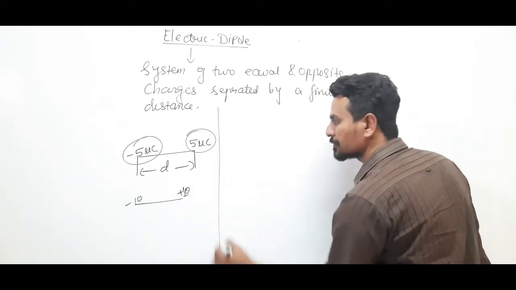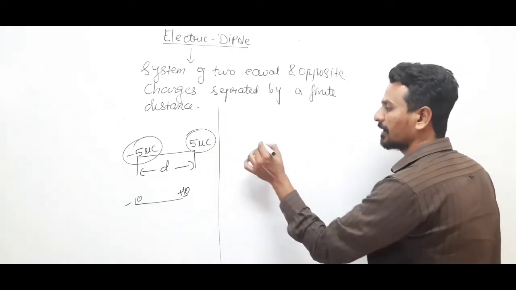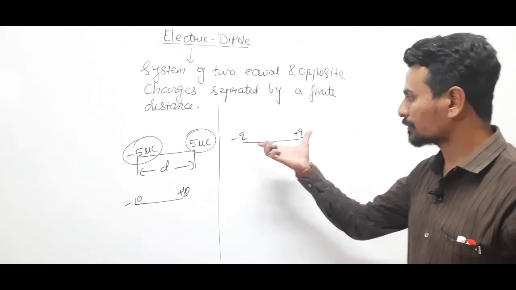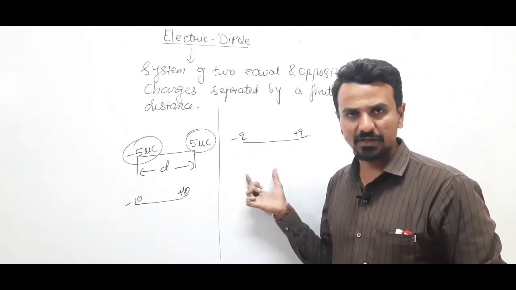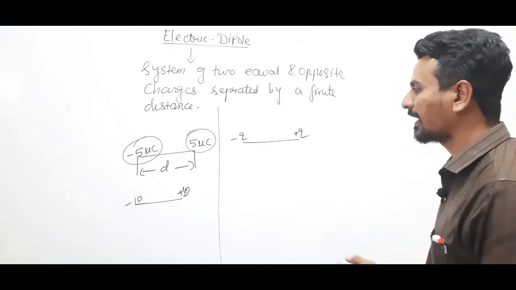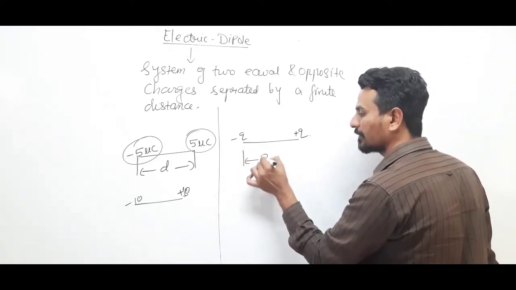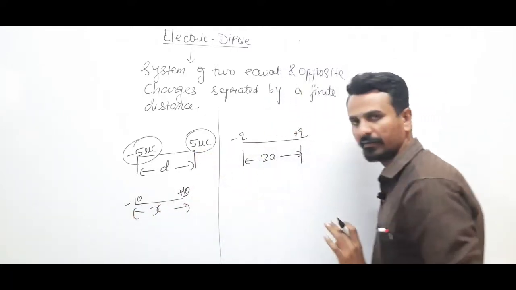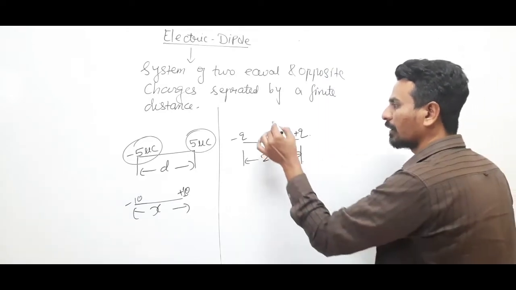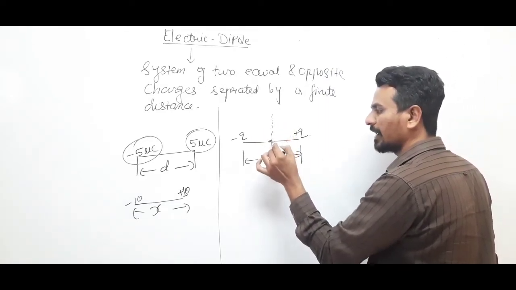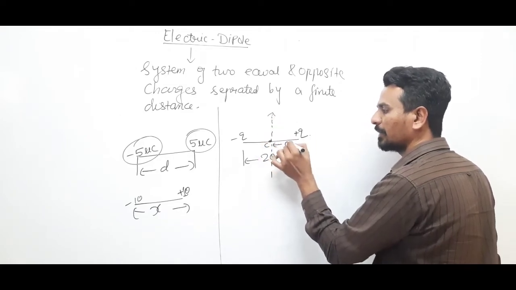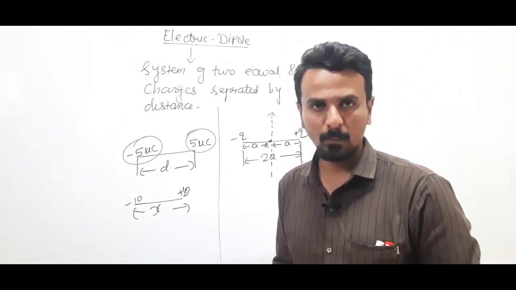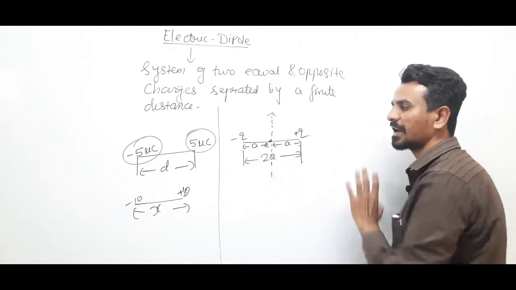So according to the definition of an electric dipole, a dipole is defined as a minus q charge and a plus q charge, two charges of the same magnitude and opposite polarity, separated by any finite distance. Let us take the finite distance as 2a. It can be d, it can be x, any finite distance, clear? We are taking 2a because let this be the center of the dipole. Let this distance be a, this distance will also be a, so the total finite distance is 2a. This arrangement is known as an electric dipole.